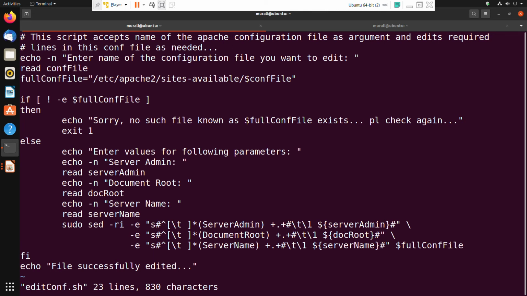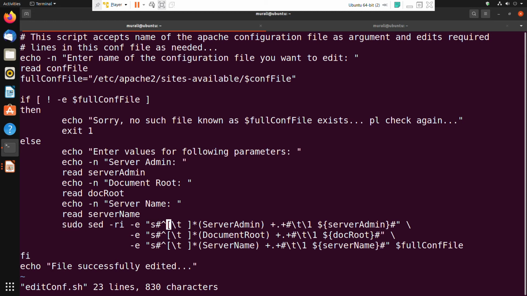Let me explain this script. We are accepting the configuration file and then getting the full conf file, that is the full path name. If that file doesn't exist we generate an appropriate error message and terminate with exit status 1. Then we accept values for server admin, document root and server name, and then execute the sed script. Why are we executing with the sudo command?